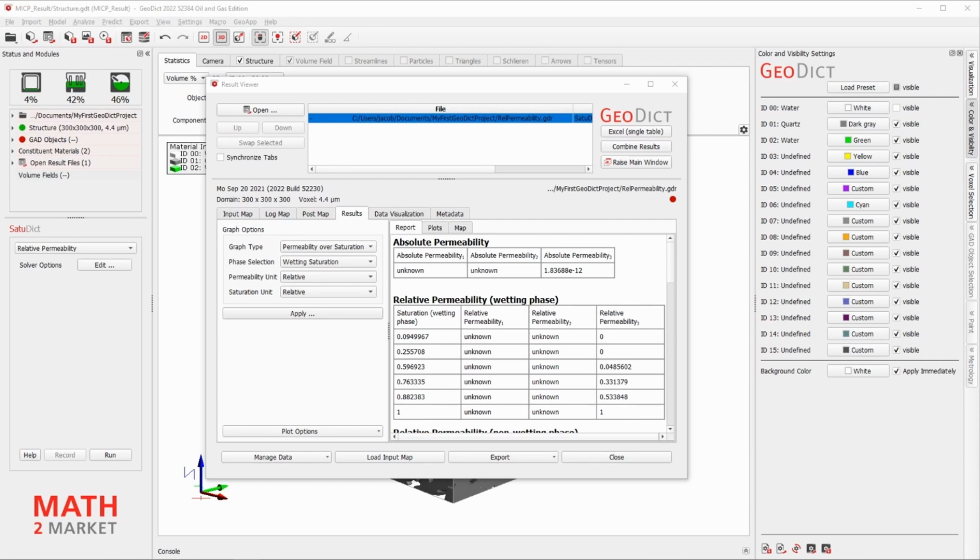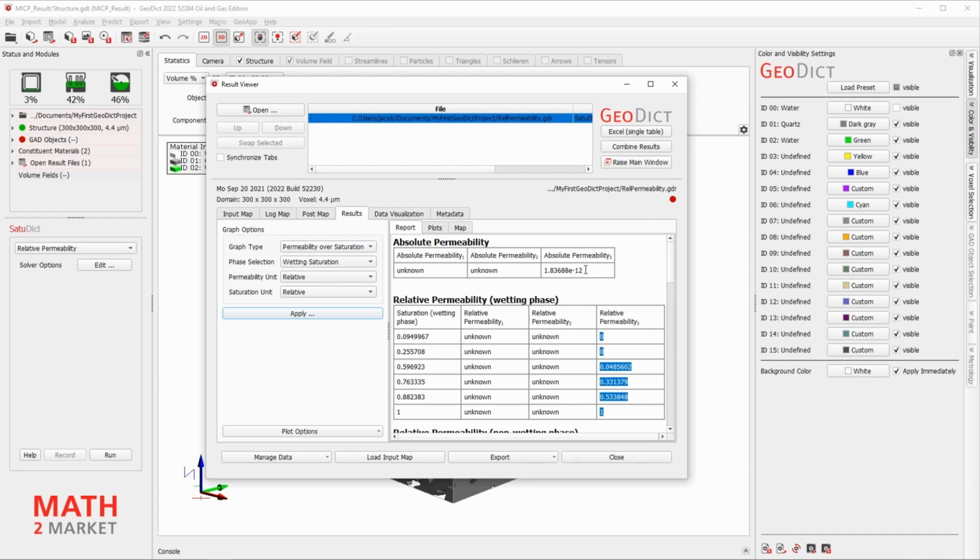As you might have noticed, the permeability calculations might take a while for each of the saturation steps you've chosen in the input menu. Let's have a look at the results. So, for each chosen saturation of the wetting phase, you now have a corresponding relative permeability.